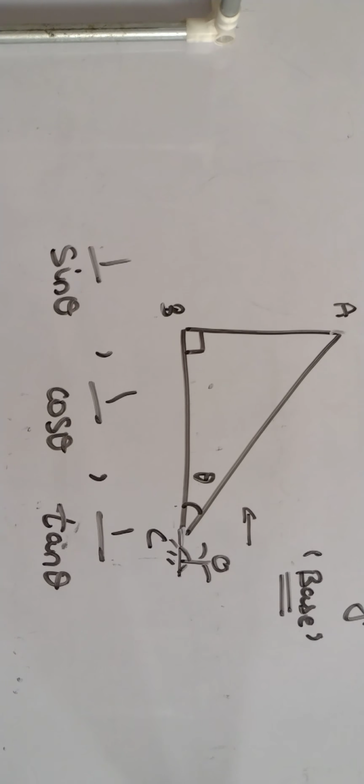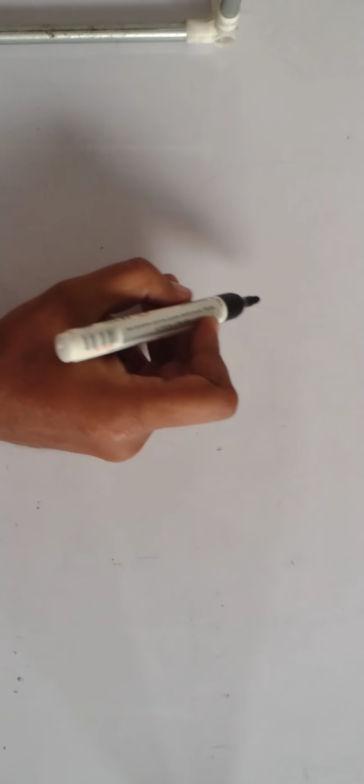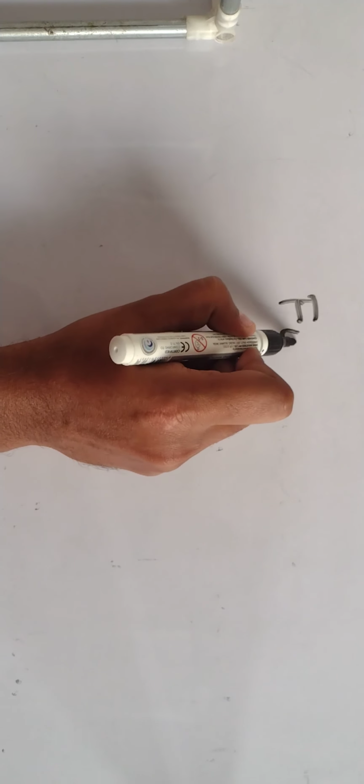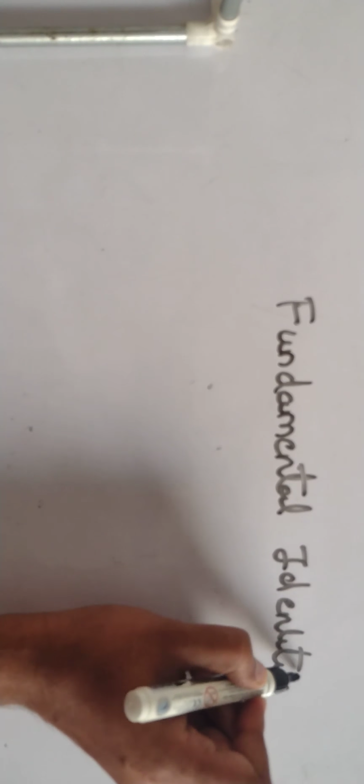Now we will go into the main complex part. This is known as fundamental identities. If you are in 10th or 12th, or you may be studying engineering, you will be dealing with this stuff. What do you mean by fundamental identities? There are three fundamental identities. I know each and everyone might be compelled to learn them by heart, but no need to mug up.